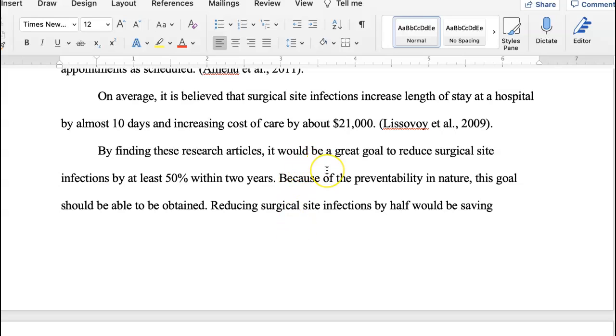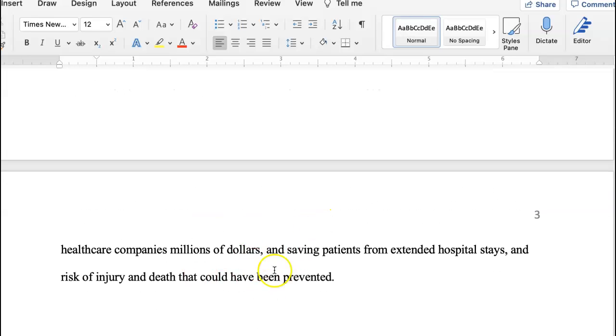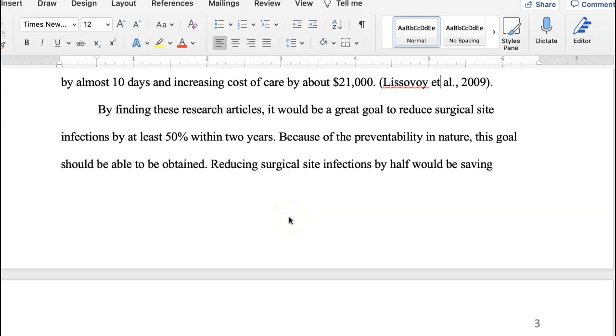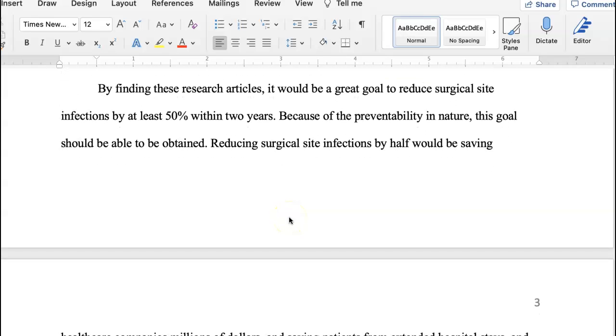So again, I think that surgical site infections should totally be something that we have a way to reduce. And then how are we using technology to do that? Is it that we're having a beep on the patient's wristband when we scan them for surgery that says, did you start your antibiotic? That type of thing. So what are we doing technologically, or with information systems, that is helping to reduce these surgical site infections? And can you add that into your papers and your project and your data analytics evaluation?